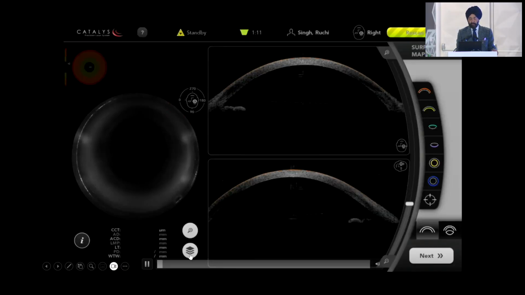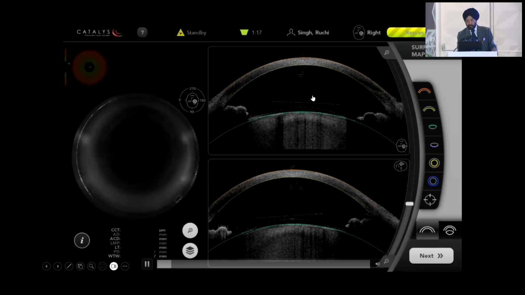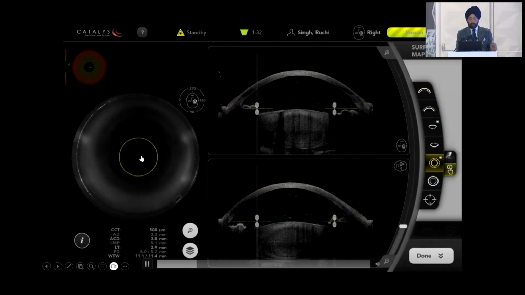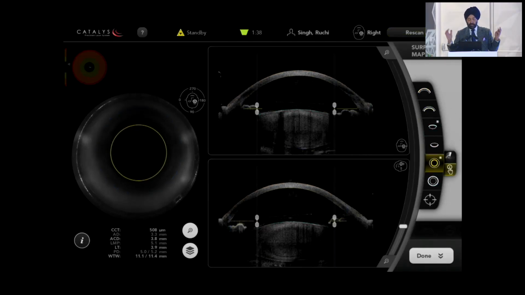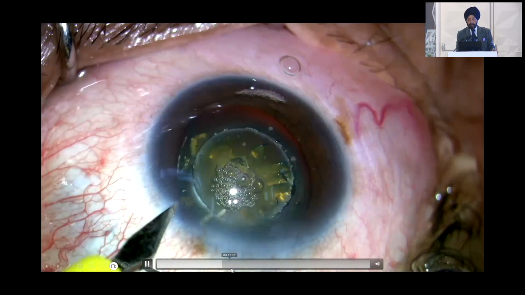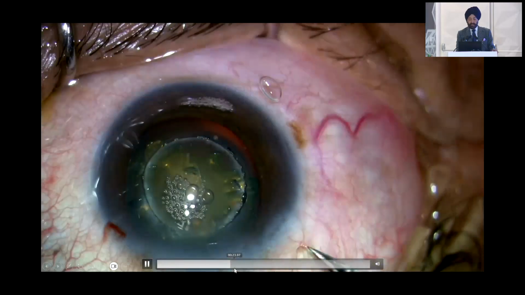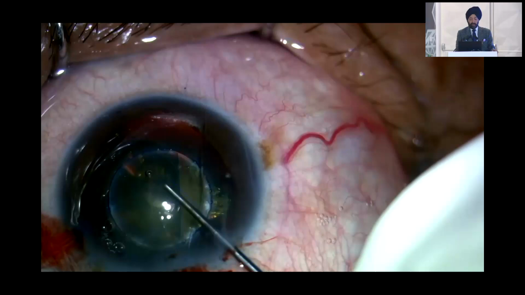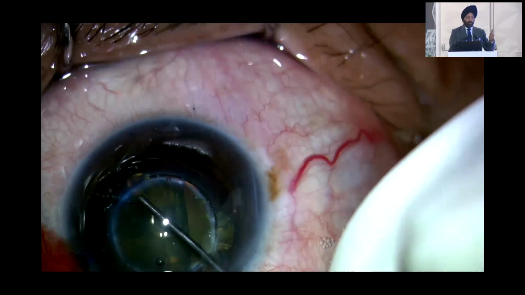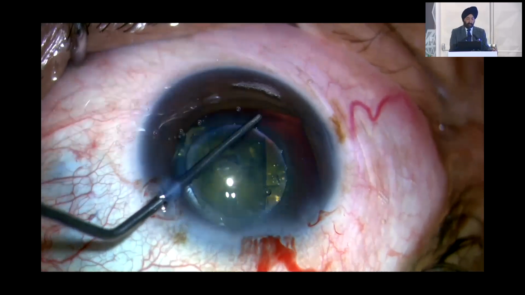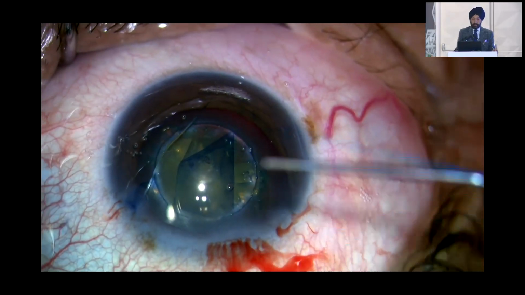You can see we are using a femtolaser to take it out. So you can see the vault is good. This is the pupil. The problem here is that the optic zone is taken up as the pupil, so you have to enlarge the pupil. Once you have enlarged the pupil, you get an excellent capsulotomy with this. I think this is one of the least of the problems or complications, because when doing cataract surgery, IOL power calculation is not an issue, because the lens is very thin and you don't have to put in any formulas, and you can take out the cataract pretty easily.